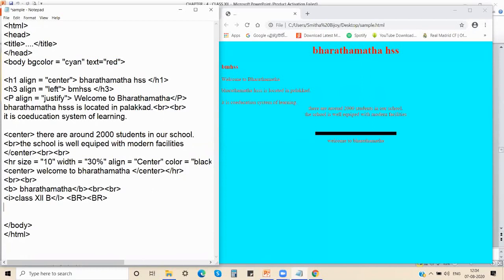Then the next is the underline tag. What to underline? Computer science. I'll close the underline tag. Please see the effect of these tags, and then we'll move on to the next. Whatever changes I make in my program, I should save my program then and there. Come to the browser, refresh it.